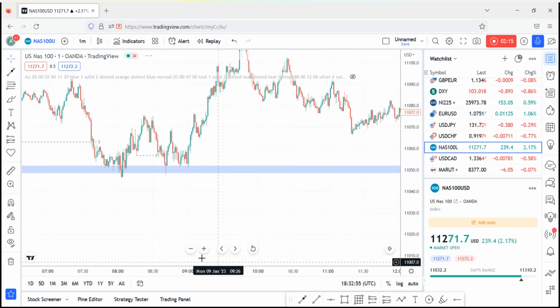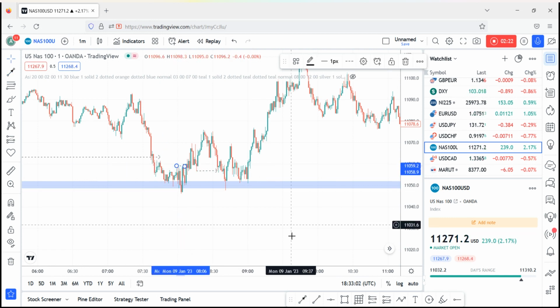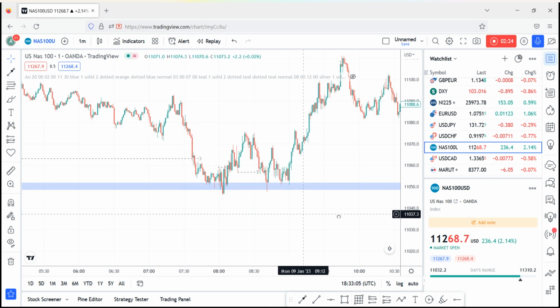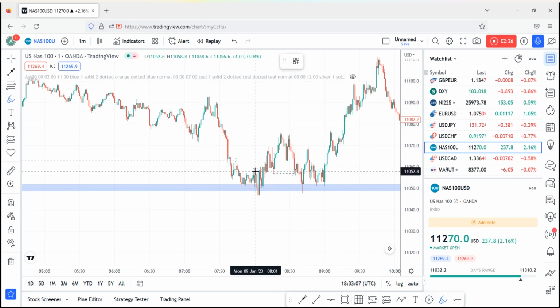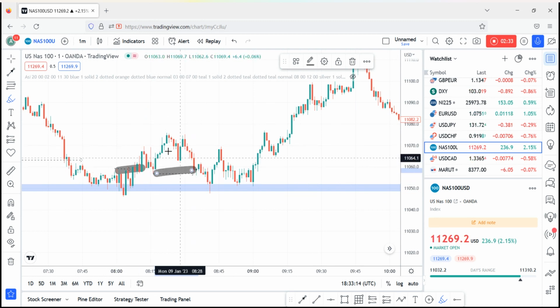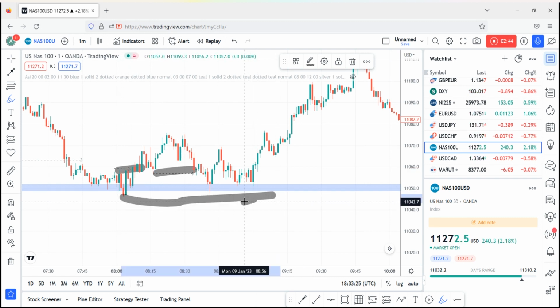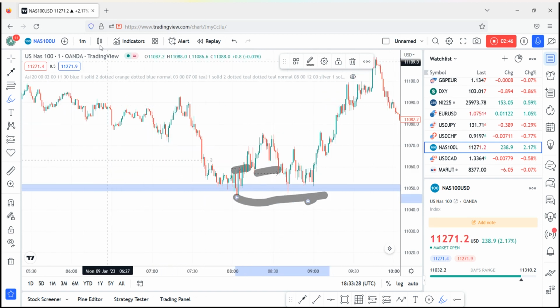you can clearly see market made a change of character from here, right? If you guys can't see, market made a break of structure from change of character from here, and this was the last recent high. This was the inducement, you can call this inducement, and this was our order block, right? We took entry from this order block and our stop loss was from here, right? And we targeted